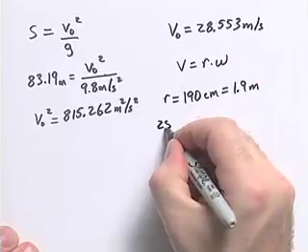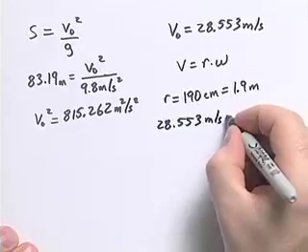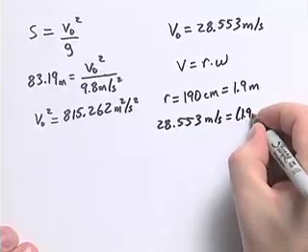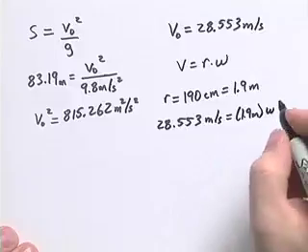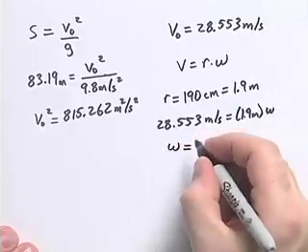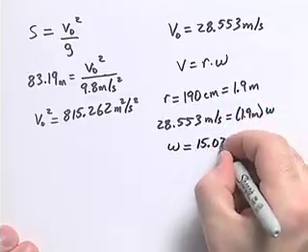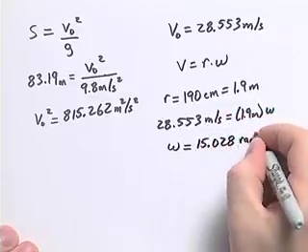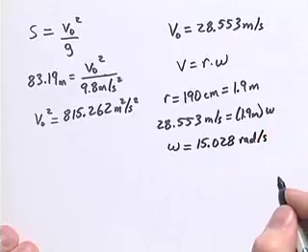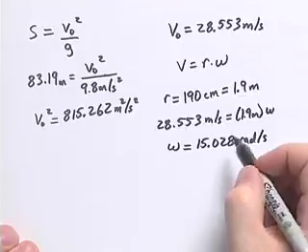V is going to be 28.553 meters per second. That has to equal 1.9 meters times omega. Solve that for omega, and we'll get that omega is equal to 15.028 radians per second. Now the problem asks us to find out the revolutions per minute, so we need to do